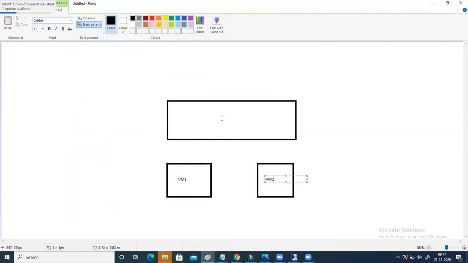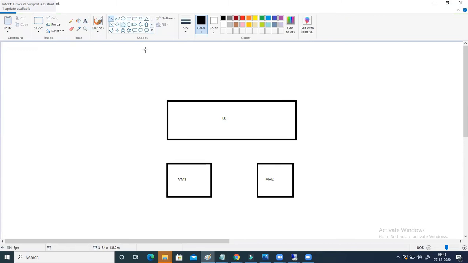And this is your load balancer. Let's say people are connecting from outside to this load balancer, which is attached to your VM1 and VM2. What is happening? Continuously sessions are hitting the load balancer, and the load balancer redirects them onto the backend target, VM1 or VM2.